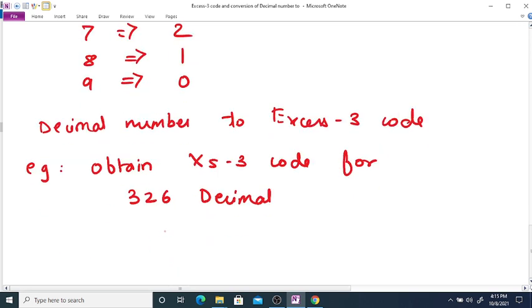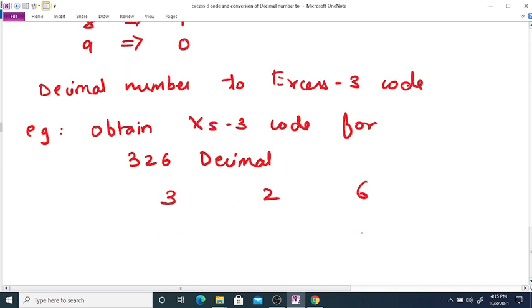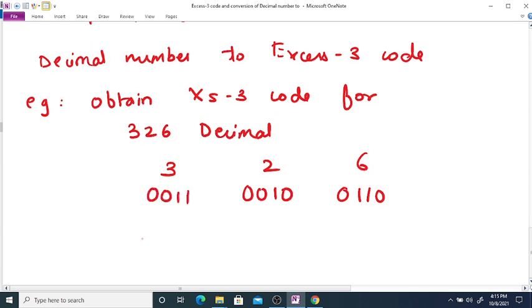So we will write down the given number as it is, and we will write down the corresponding BCD code for the given number. So here it will be 0011, 0010 and 0110. Now we know that XS3 code is obtained by adding 3 to each BCD code. So we will add 3 to each BCD code over here.